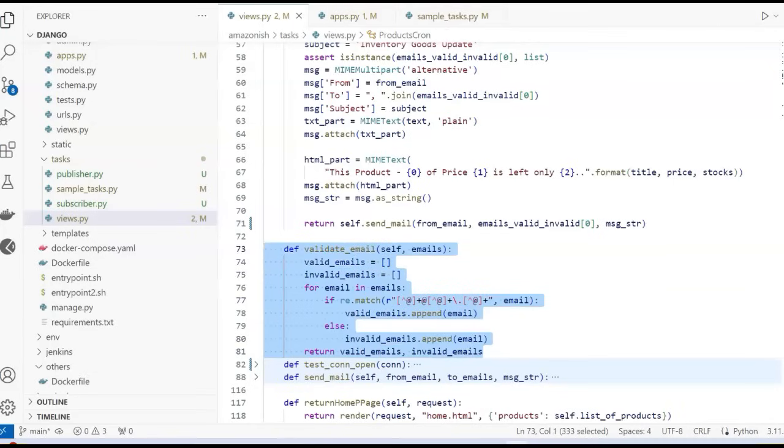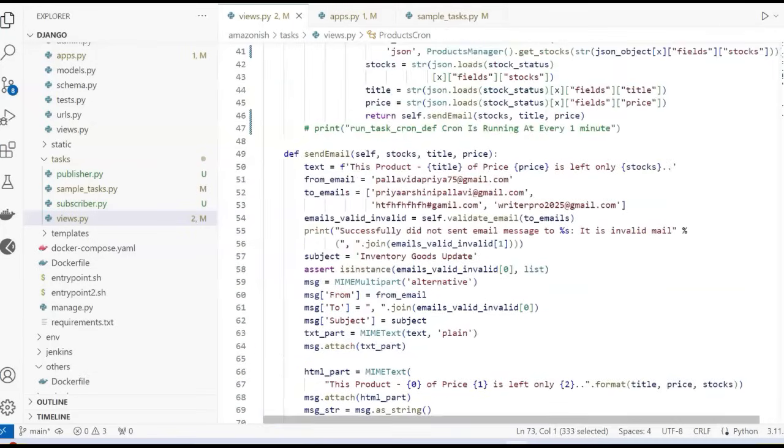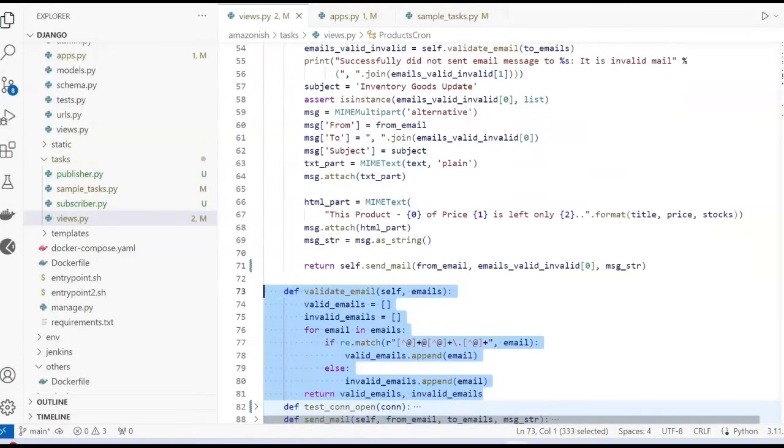Okay. So after checking the validity, I am passing all of that in the HTML part. So I'm using an SMTP library for creating this entire flow. So this is all that could be found as a part of implementation of the